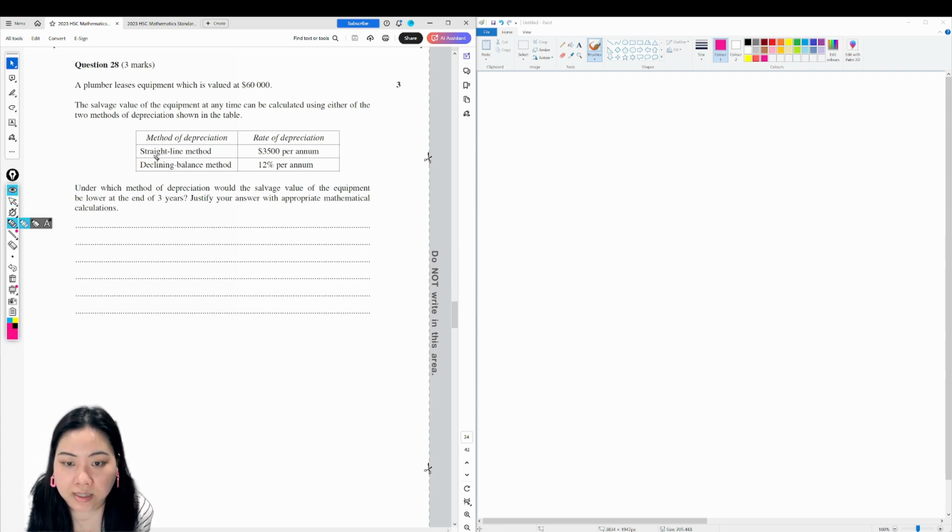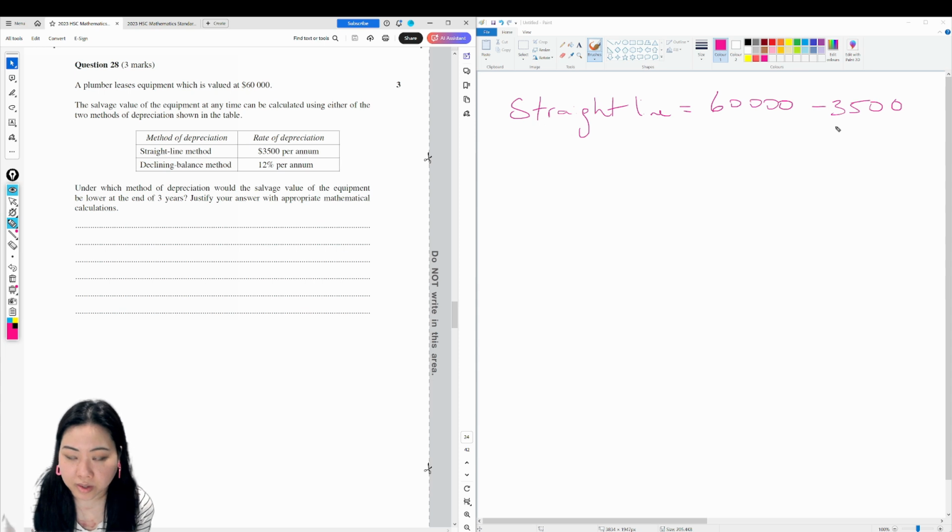Let's start with the straight line method. Straight line method, it is 60,000 minus 3,500 minus 3,500 minus 3,500. Because it's 3 years, I'm just going to say 3,500 times 3, minus that. It ends up being $49,500. With the declining balance,